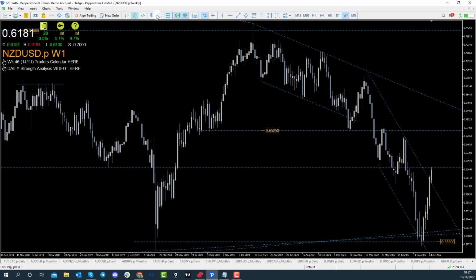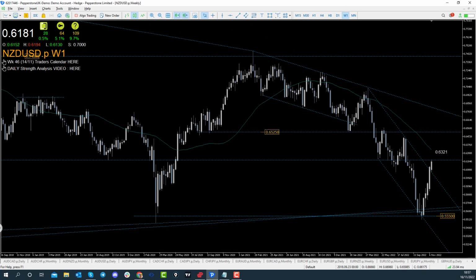So our weekly time frame showing us that price has recently breached a bearish channel here. You can see that this channel formed within the previous range. We then breached a couple of levels of interest. So we have the 65.25 handle in here, which price breached to the downside. We then have that 0.62 handle where price is now, which again price breached to the downside. But you know, we're trading outside of this bearish channel now, which could suggest that buyers are definitely in control